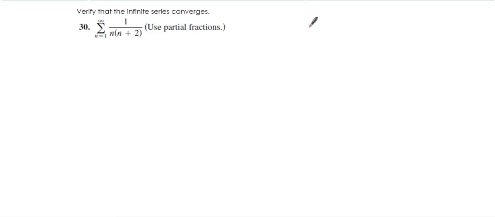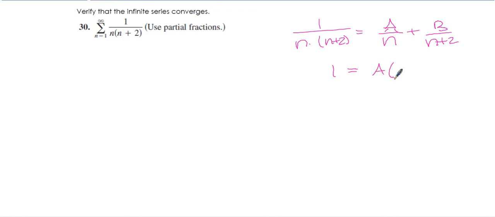2 fractions. So I might set it up as 1 over n times n plus 2 equals a over n plus b over n plus 2. And then remember, we multiply these together, and so we get 1 equals a times n plus 2 plus b times n. Then we want to solve for a and b, so we talked about zeroing